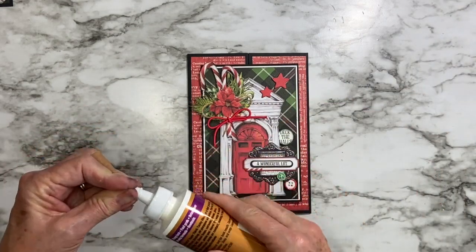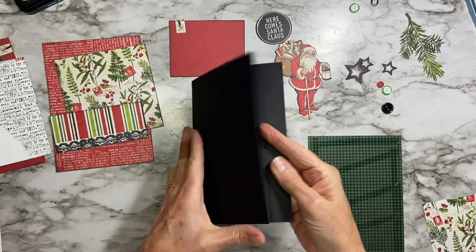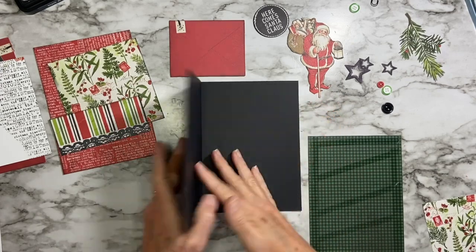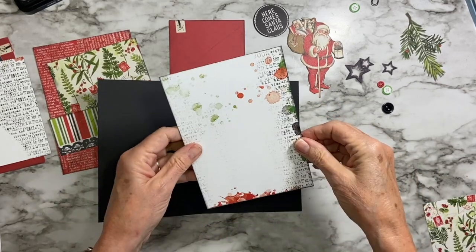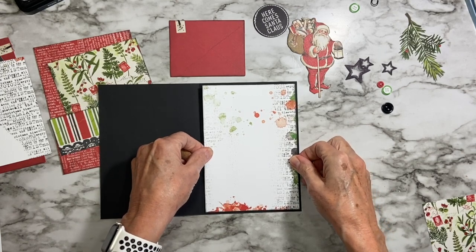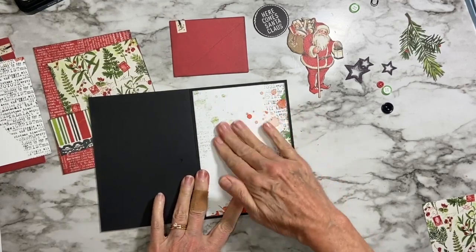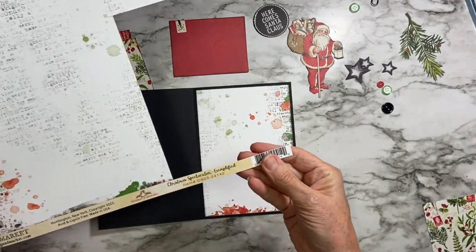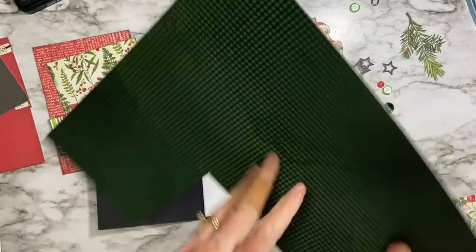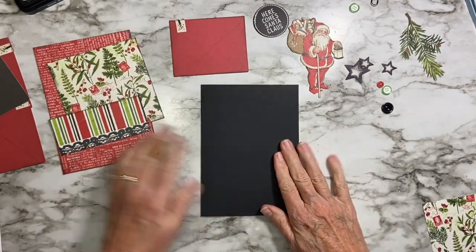of card. Okay, I think for our next card we're just going to go with your basic single folded 5x7, and as you've noticed, I'm using black as all my bases. I'm going to use this piece for the inside just because there's a lot of nice area in here for writing a Merry Christmas message, and this paper is Exemplified, which has this great plaid green and black pattern on the back. So that's the inside, and then